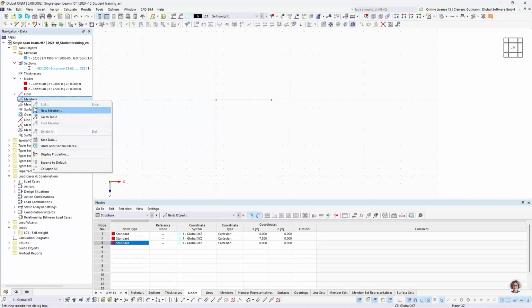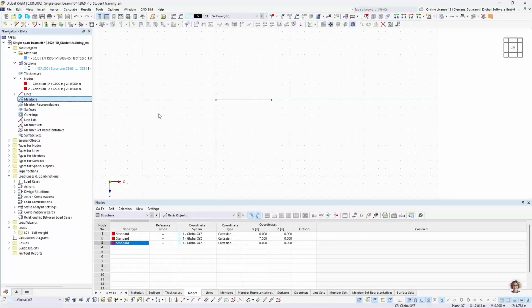And I want to show you another way of interacting with the software: if you double click on any element in the workspace or in the data navigator, the according dialog with the properties of that element opens up. So if a member is a property of a line,